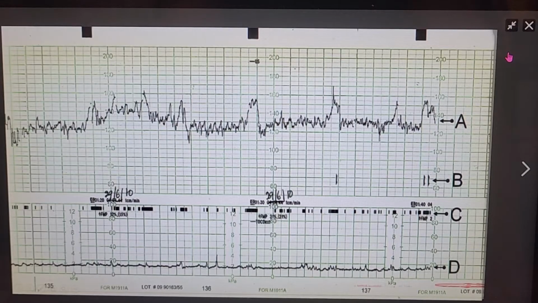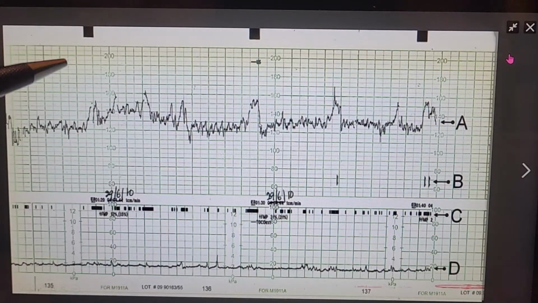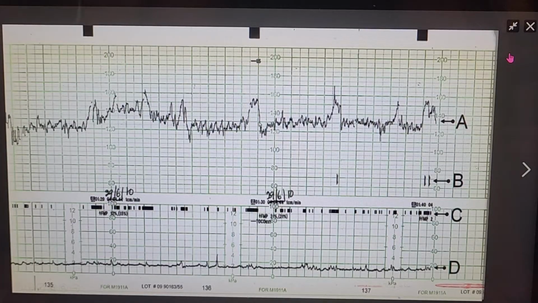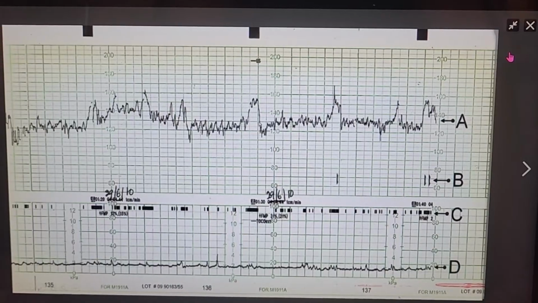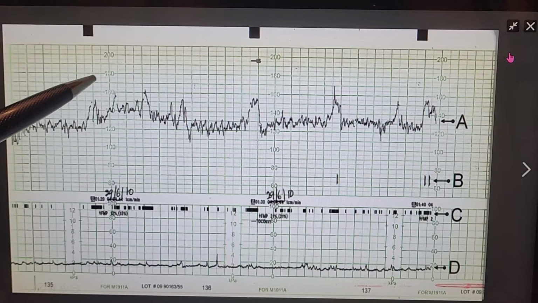In general, everybody as a medical student, as a gynecologist, as an intern, resident, consultant, everybody should know how to interpret a CTG, because if you're doing an obstetrical practice, you have to know what it means and how to interpret it. So first of all, in any CTG there is a data information section,